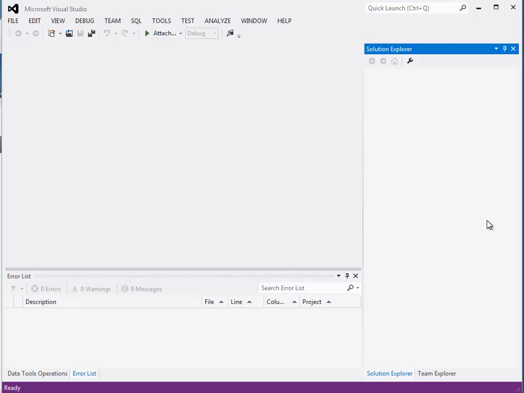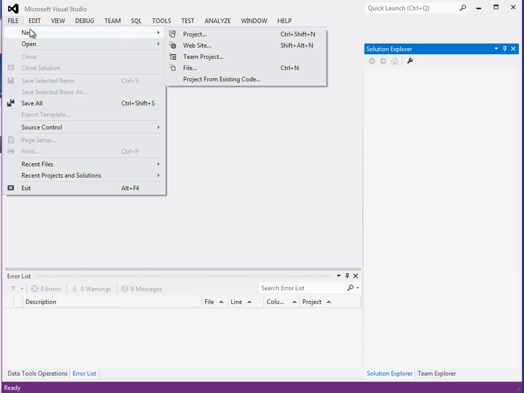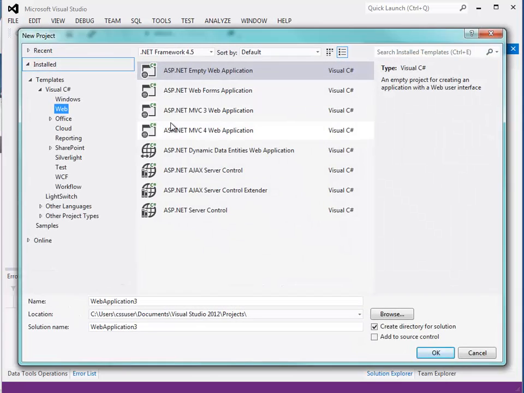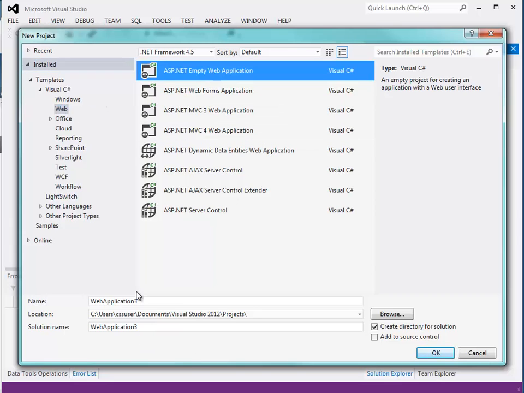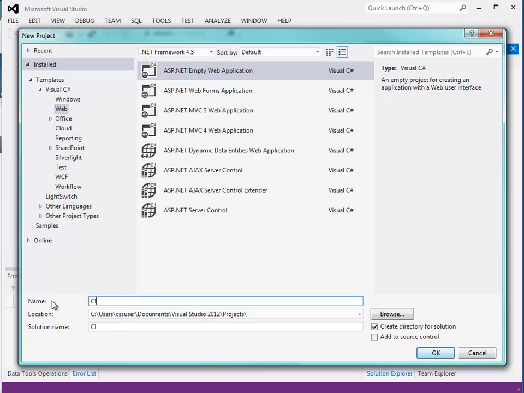So for this unit's practice problem, we're going to start from scratch and create a brand new project. So again, I'm going to go into Visual Studio. I'm going to do new, not website, but web project here. And once I'm in project, I'm going to make sure I'm in C# web and do an empty project and name that. So I'm going to call this CIS 3049